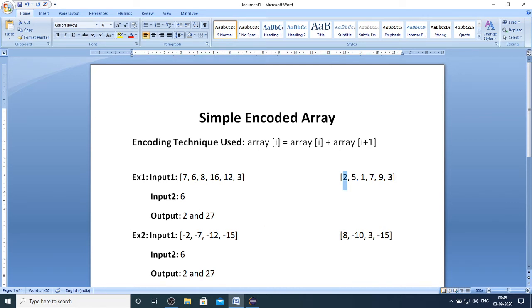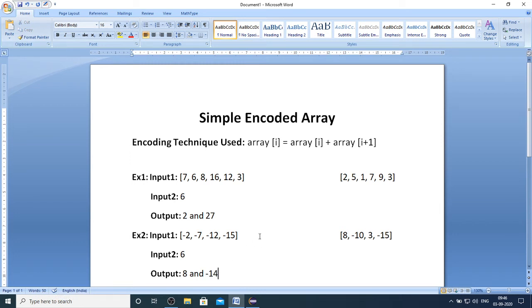And once you determine the original array elements, it's a matter of time that you can determine the first element and the sum of the original array elements. The same thing I have given with the example 2 test case. You can just apply the same technique that I mentioned. You can understand how you got this original array, and once you get it, while copying and pasting I kept it the same. So you are going to get it as 8 and minus 14.